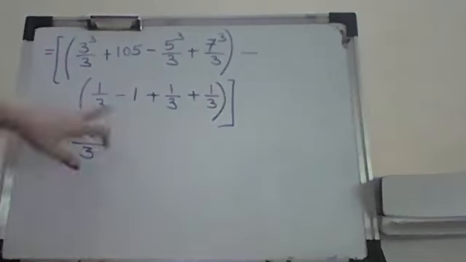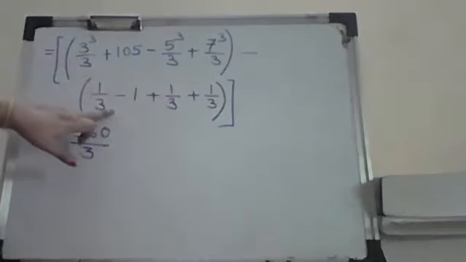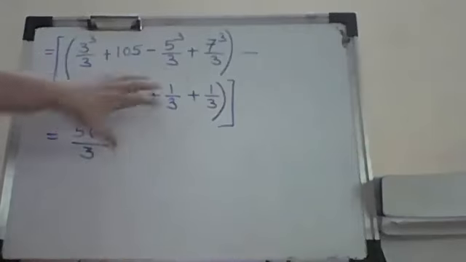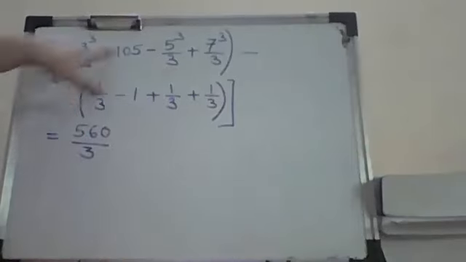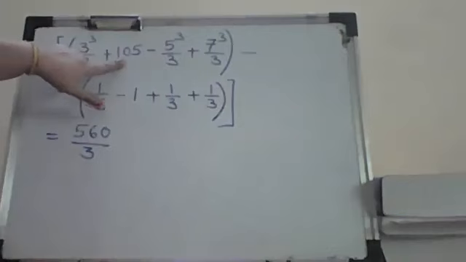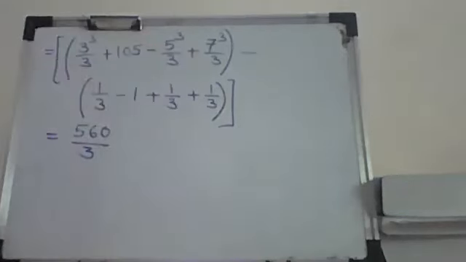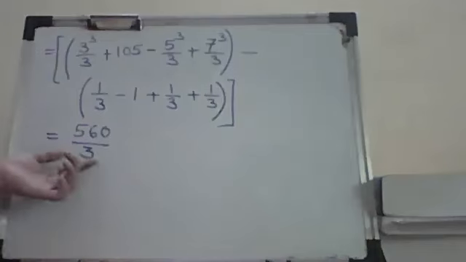So this is going to be 1 by 3 plus 1 by 3 plus 1 by 3. That is 3 by 3, which is 1. 1 minus 1 is 0. So this part goes to 0, and we'll get the answer from the rest. So this will be 9 plus 105, and you will get 5 cubed by 3 plus 7 cubed by 3. Make the denominator the same; obviously the denominator will be 3 and you will get that term.